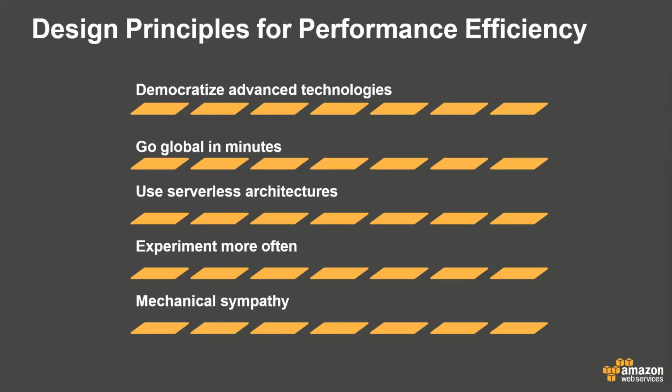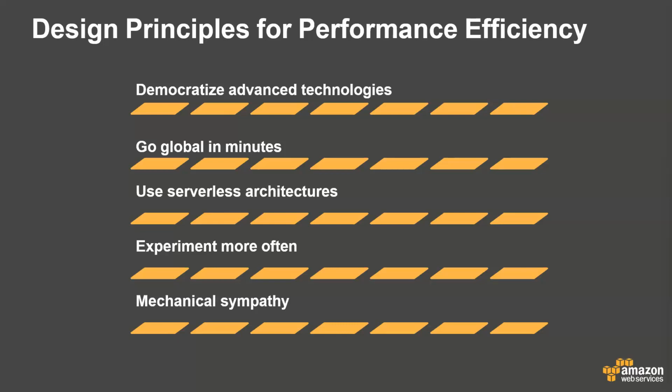So when you're thinking of designing an application, designing a workload, you need to keep that in mind. Where can we use AI and machine learning to make our application perform efficiently? So you need to be aware of this technology, and you need to design in a way that your application supports these technologies.